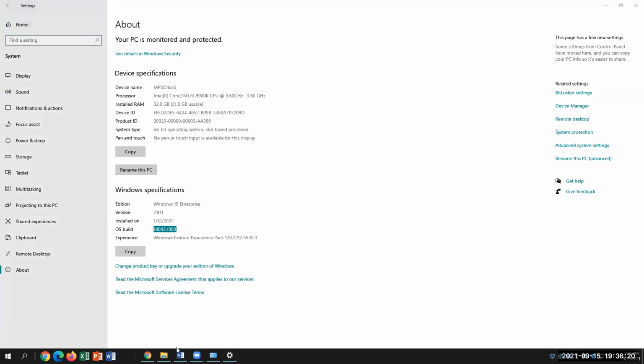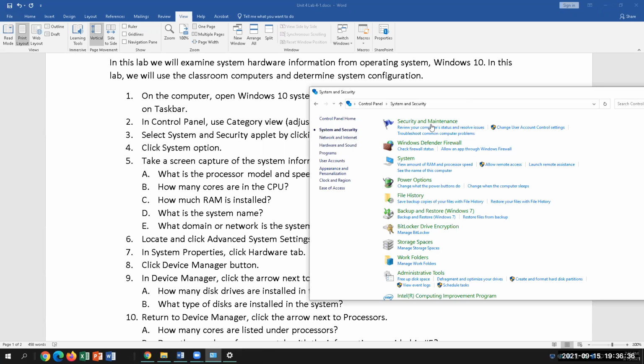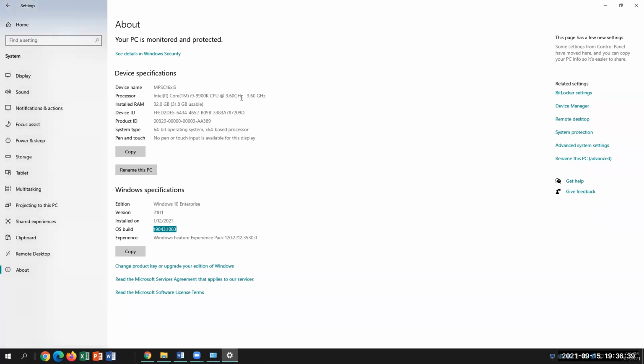So in your assignment, once you have that information, take a screen capture and put down your processor and speed. Here on mine, I have an Intel i9, a 9th generation, and the speed is 3.6 gigahertz. On yours, it might be the i7, because we bought those earlier than the set that one is using up here. So I'm going to go ahead and put i9